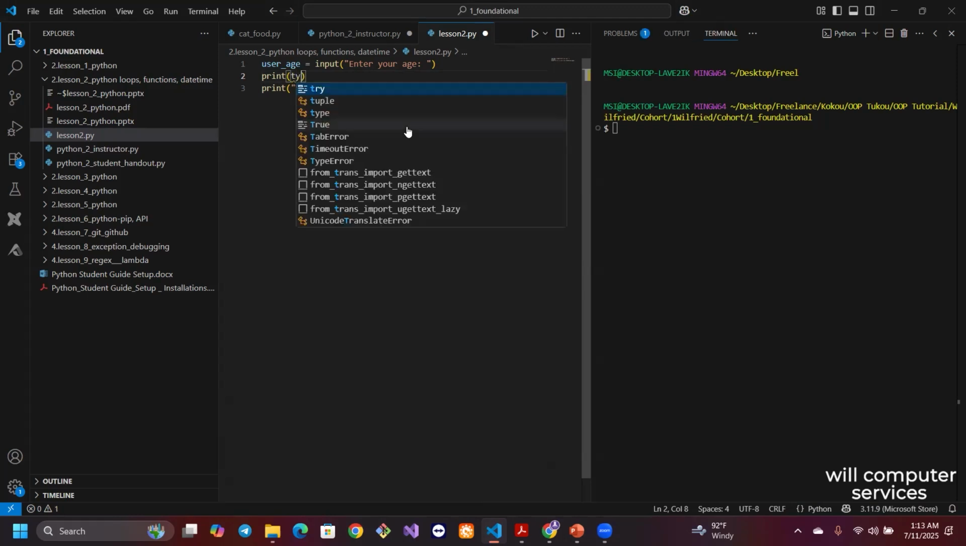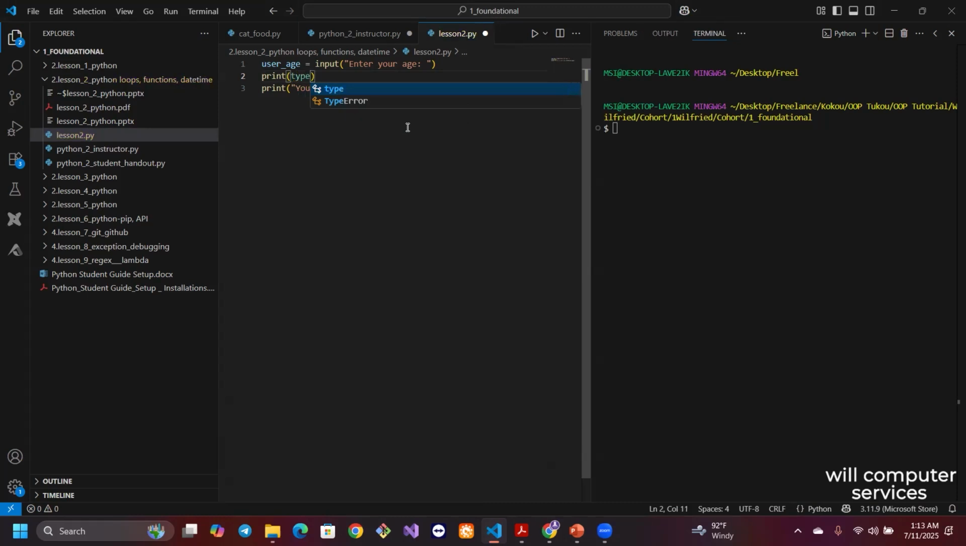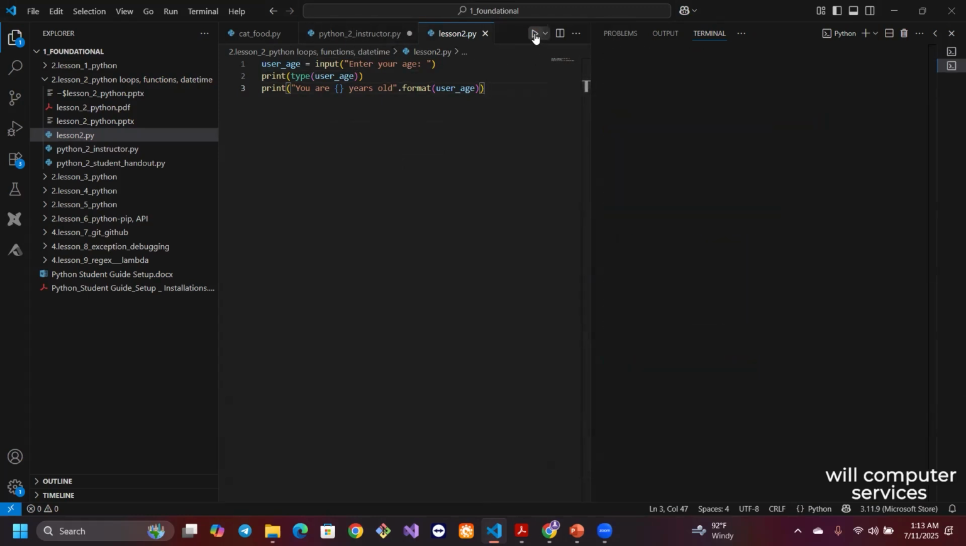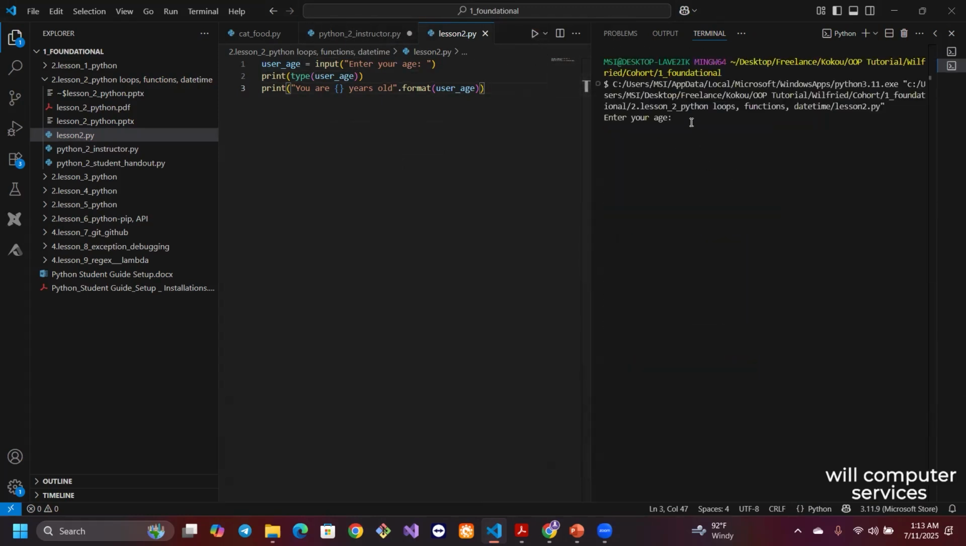Okay, I think someone already said it's type actually. The type function. It's also an inbuilt function. That is, it comes with Python. So it is what you use to check the data type of an object. Like if you check for user age now, we'll be printing the type of object that user age is. And if we run this, it says enter your age. And if I put